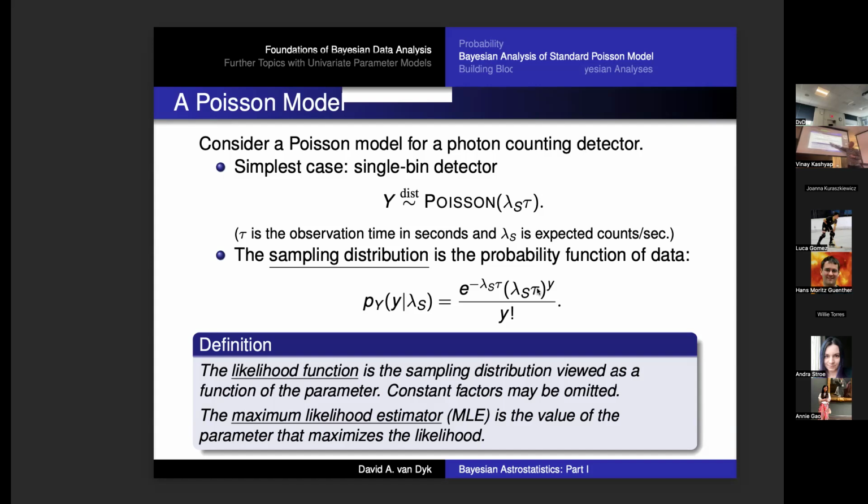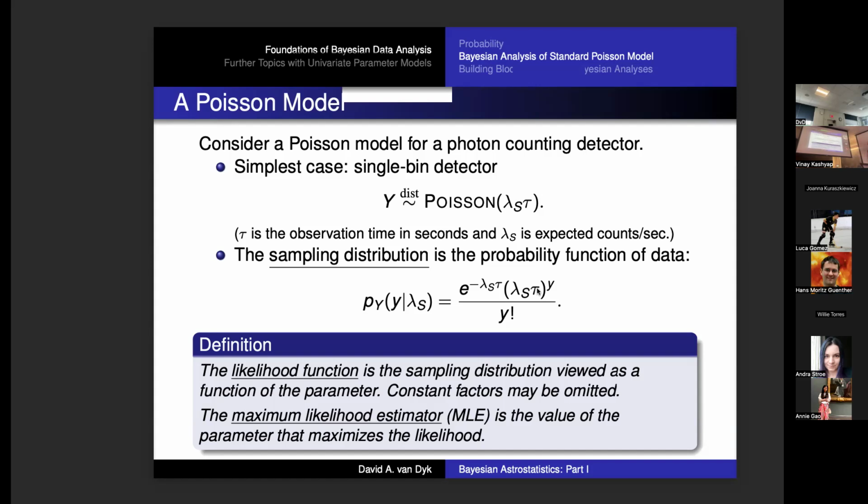You can see the expected count is here, the exposure time is there as well. We call that thing the sampling distribution often in statistics, but that's maybe not important. The likelihood function, one way to learn about the parameter, is the sampling distribution viewed